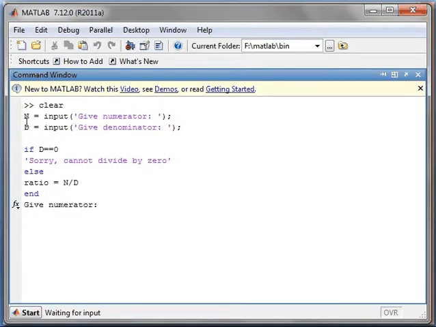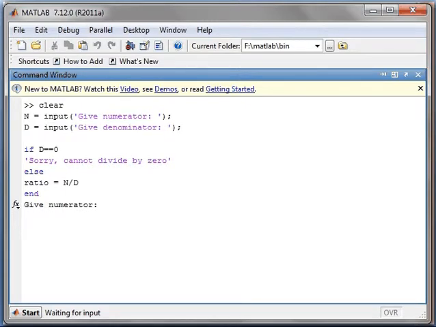I have given a variable for the numerator input, n = input('give numerator'), d = input('give denominator'). I have used a semicolon so that after completing the whole program it asks for the numerator and denominator.